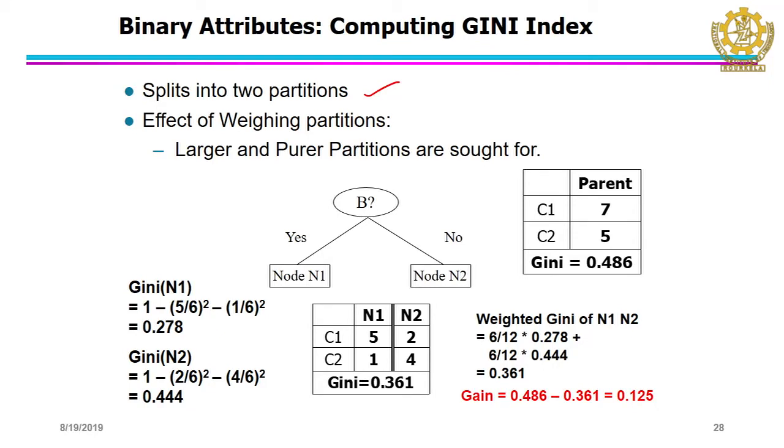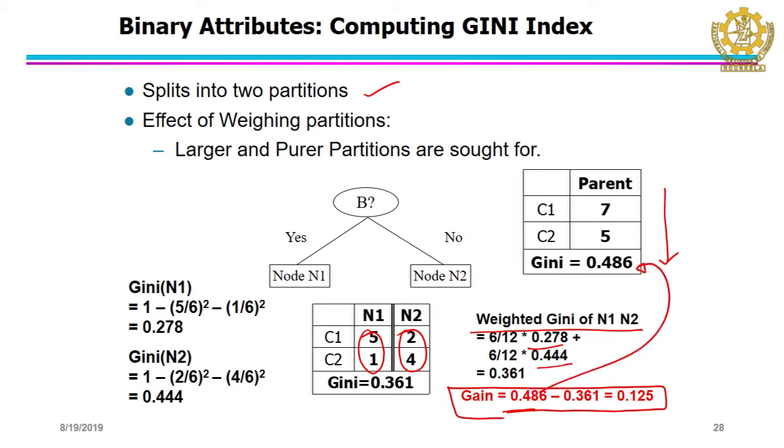Then in the case of a split into two partitions, you can see one example here: the parent is having this, and then you have the split n 1 and n 2. So, this is one node, this is another node. So, what will be the weighted Gini of n 1 and n 2? So, 6 by the total of 12 and then Gini, and then this is the value. What is the gain? This is the gain, because 0.486 was at the node here, and now we got this value. The Gini is 1 minus 5 by 6 that we computed just before here, and the Gini for this node we computed here.